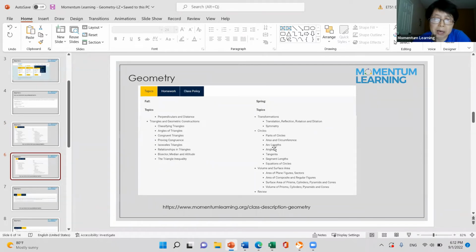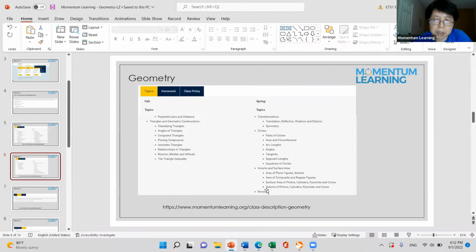I also will add the probabilities. It's not in here yet, but I'll add the probabilities. That's the last unit for this course. But anyway, for the circles, volume and the surface for this part,